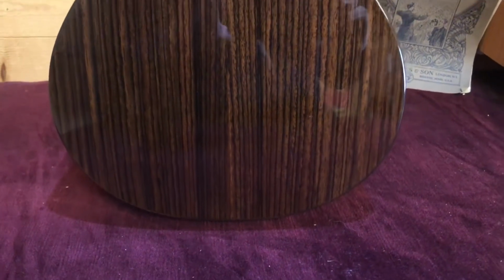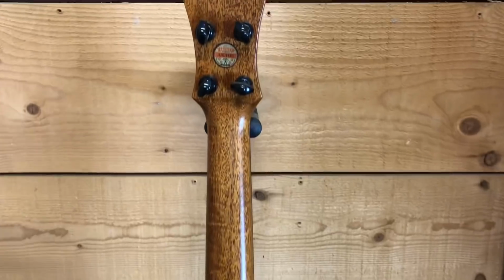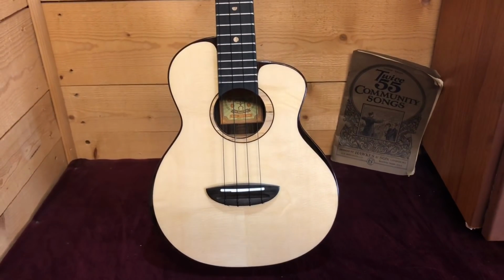You know, there are so many people that walk in the shop and they're after a vintage Martin, or they're after something that reminds them of a Kamaka. And what the AnueNue has done quite cleverly is they've found Swiss moon spruce. They found a fantastic, very light coloured, very tonal spruce top, and they've paired it with Indian rosewood back and sides. They've gone for a combination of wood that is not in any way revolutionary, but they've styled it with that really beautiful decoration around the sound hole and the rosewood binding